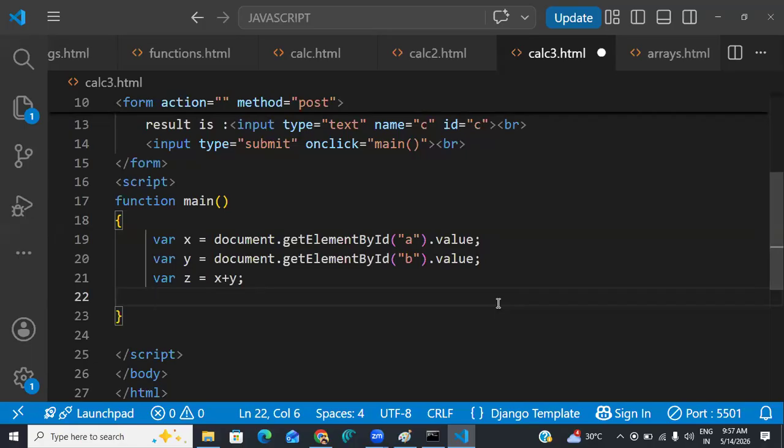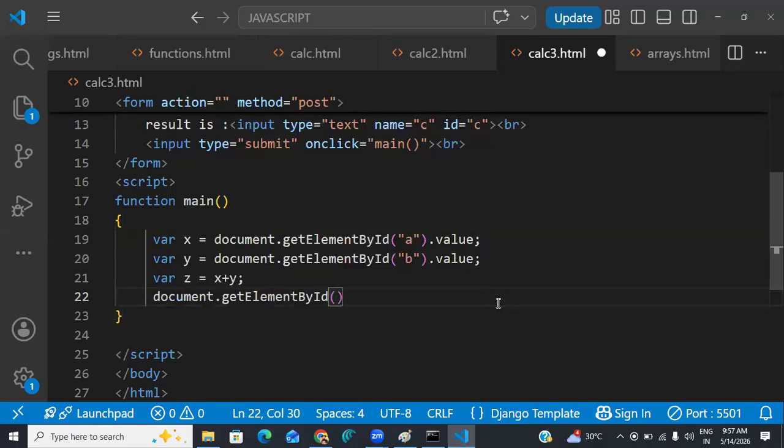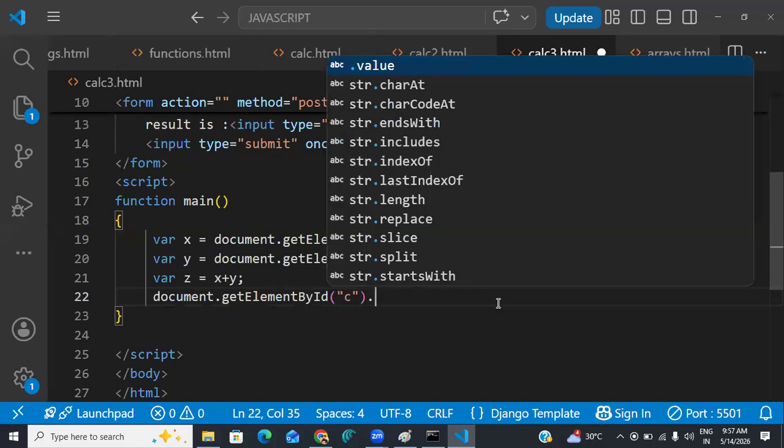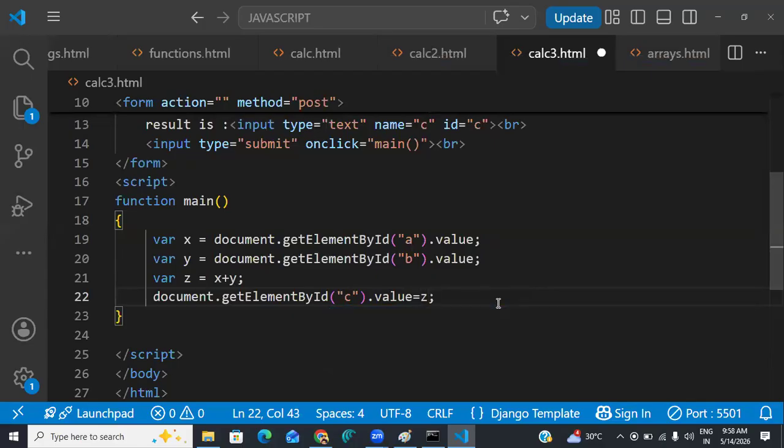C, in C. So then how? document.getElementById. What is the ID name? C dot, no value. If you have any form input control, you just use dot value. Apart from that, you can use any heading or paragraph or div or any element, you just use in the HTML, in the text and in the content. So what value can you use? Value is equal to z value. Got it? Now see,